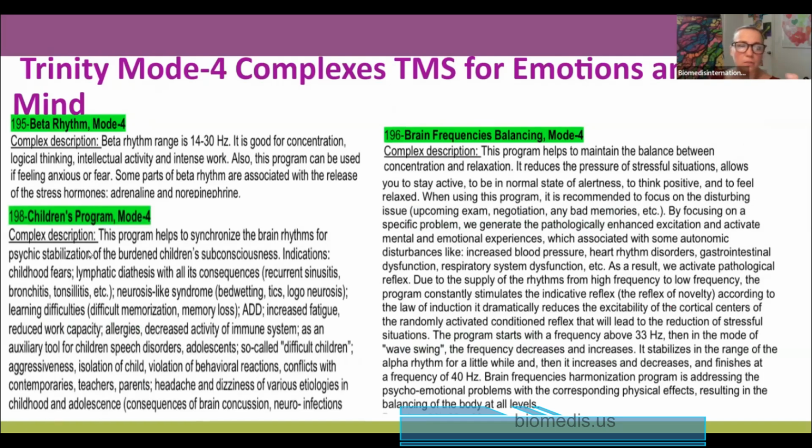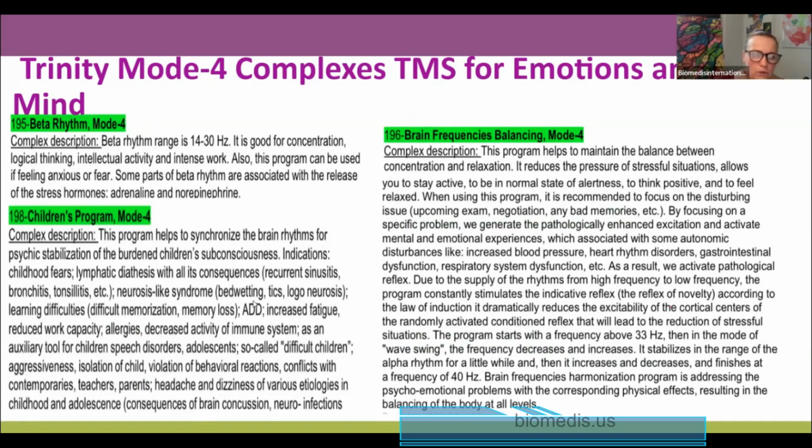There is a better rhythm for the brain when you want to be active. There is also a children program. Look, the children program has indications: childhood fears, lymphatic diathesis, which is all from emotional causes, like recurrent sinusitis, bronchitis, tonsillitis, neurosis-like syndrome, like bedwetting, tics,